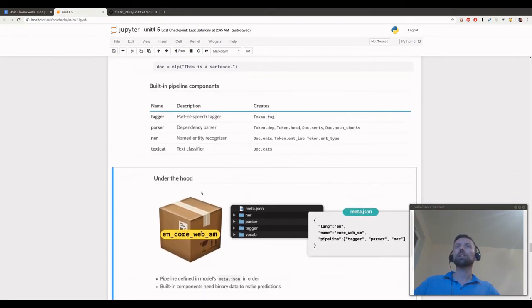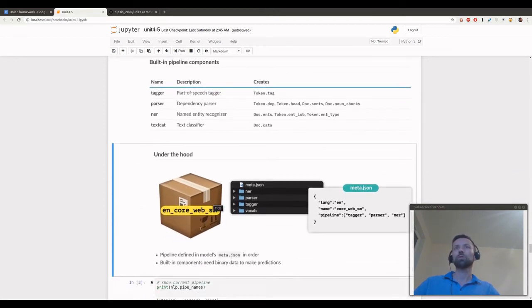But these steps depend on the model which is used. So we have sometimes used this en_core_web_sm model, which is the small model, or we use the medium model also sometimes. And these models are basically packages of different pre-trained components, different models, which do different functionality. And as you can see on this little image here in the notebook,